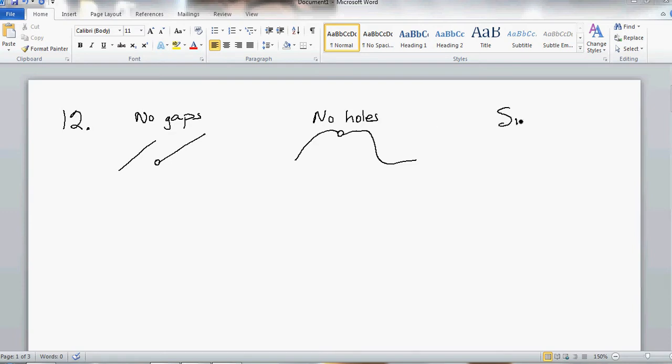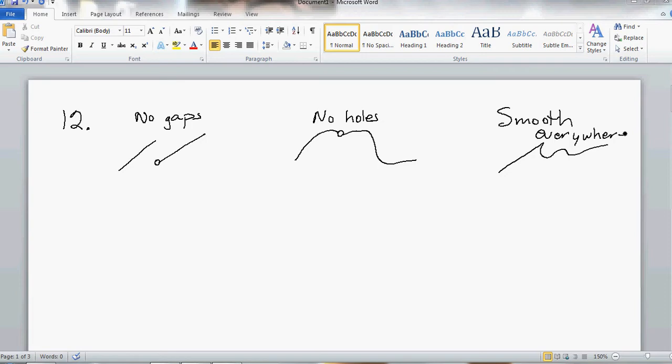it has to be smooth. This would be an example of not smooth, because right there is a very, very sharp point. Otherwise this would probably be okay, but there can't be any gaps, no holes, and it has to be smooth everywhere. Okay,